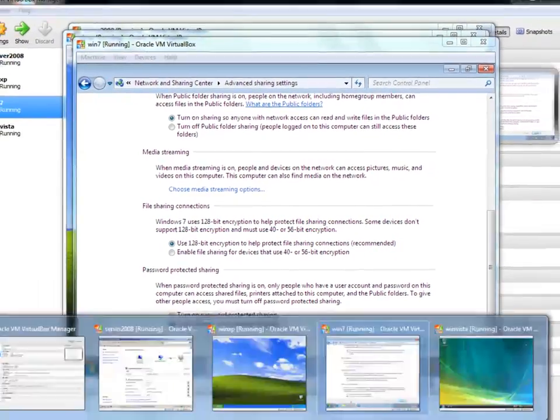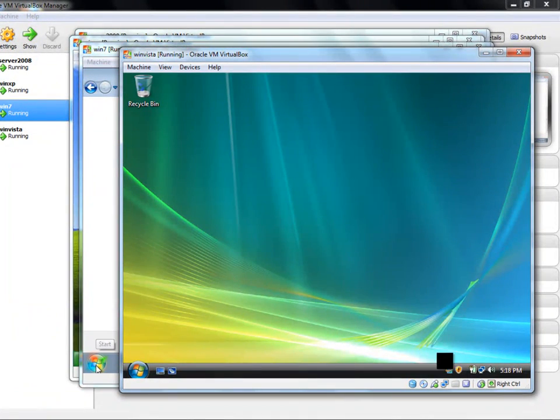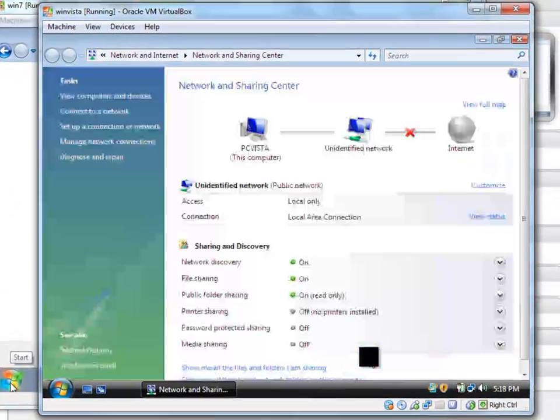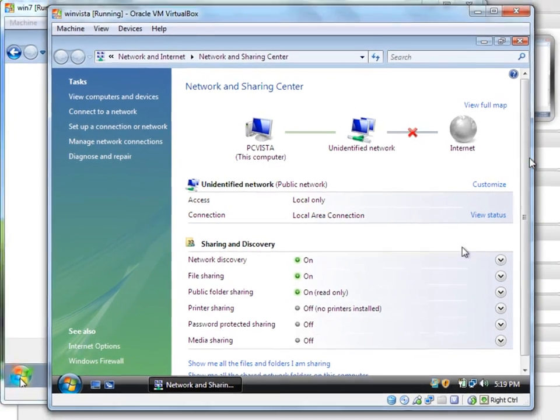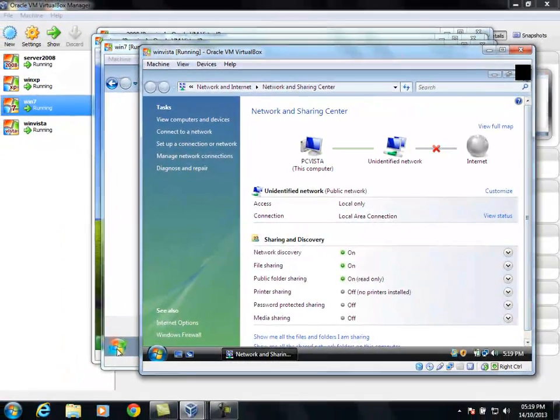Okay, so let's go into our Vista now. Vista's just like the Windows 7. Go into the network sharing center, make sure network discovery is on, file sharing is on, public folder sharing on, and password protected sharing is off. Right, so these are the settings we need to have in order to connect our